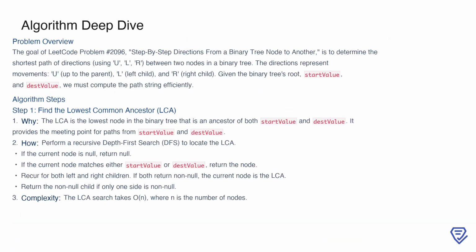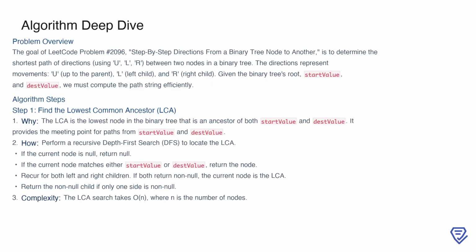In this problem, we are tasked with finding the shortest path between two nodes in a binary tree using specific movement directions. These directions are represented by U for moving up to the parent node, L for moving to the left child, and R for moving to the right child. The goal is to compute the path string efficiently, given the root of the tree, the starting node value, and